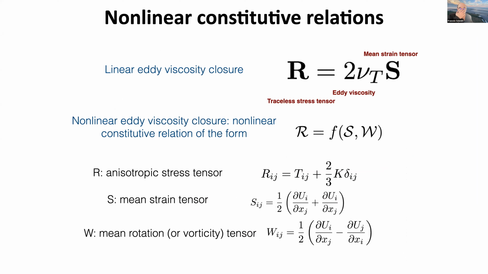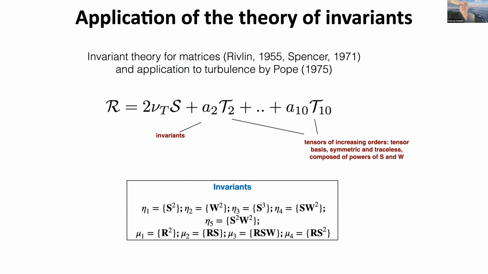So one possibility to go further is to consider nonlinear models, like a nonlinear constitutive equation, which corresponds to nonlinear Eddy-viscosity models. For this, we express R as a function of the mean strain tensor S and the mean rotation tensor W, in the mathematical framework of the invariant theory for matrices. It was proposed in the mathematical literature by Rivlin and Spencer in the 50s and 70s. And after this, it was first applied to turbulence by Pope in his paper of